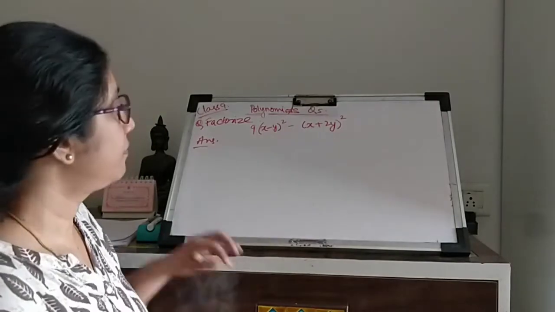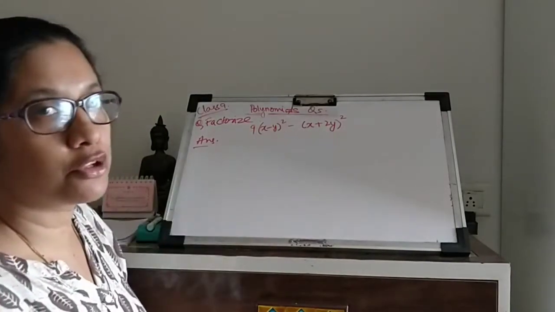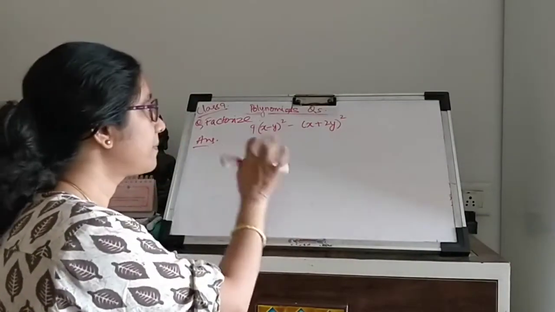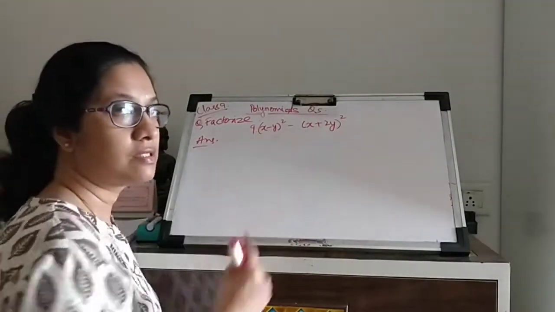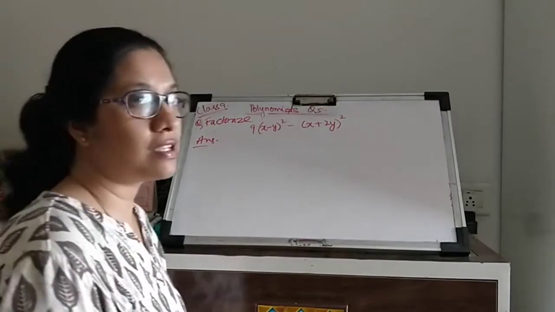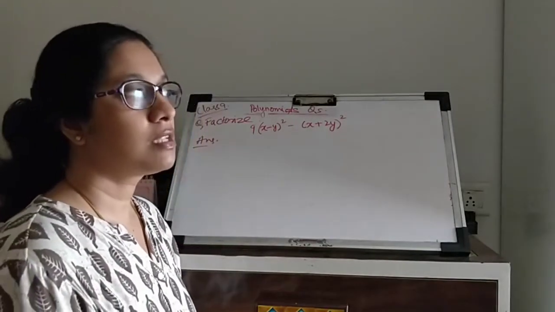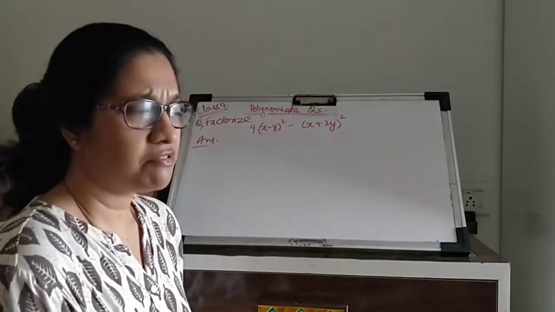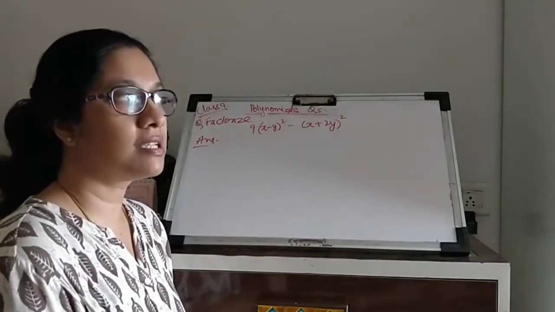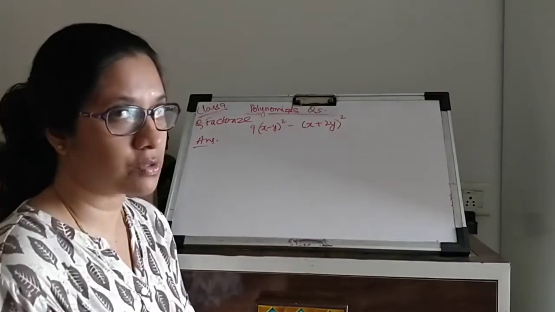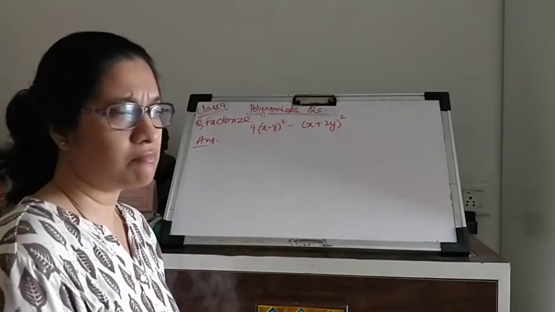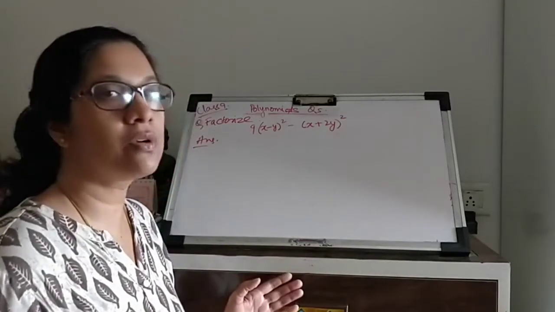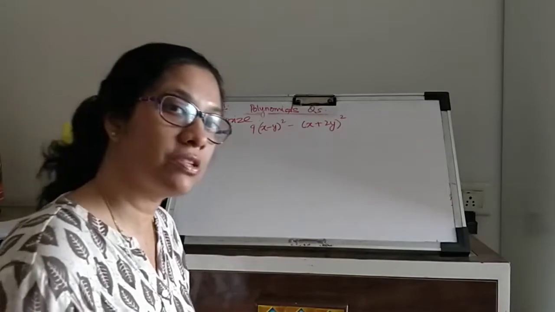For example, we must first see how many terms are given in the polynomial. In this polynomial, how many terms are there? Two terms. So, if there are two terms in the polynomial, you check whether you can apply a square minus b square or not. Very simple. If yes, straight away identify what is a, what is b, and just do a plus b, a minus b, and the factors will be with you.